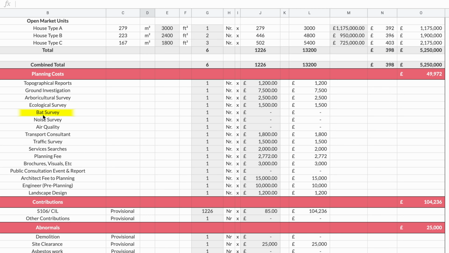Personally, when I do an appraisal, and this is again just sort of thought process for me, you'll see here that I've got, for example, bat survey, noise survey, and air quality all blank. Now this is because in my mind, this is a site that didn't need these particular surveys. I may have even included things like, for example, a flood risk assessment. The reason I include or I show them titled but put them as nil is because personally, if a bank